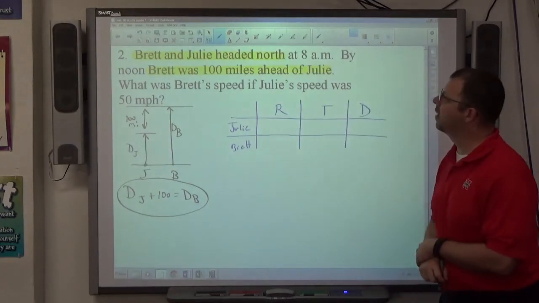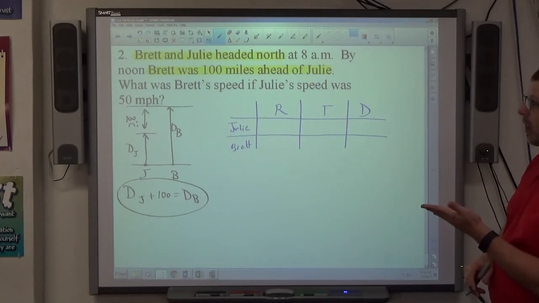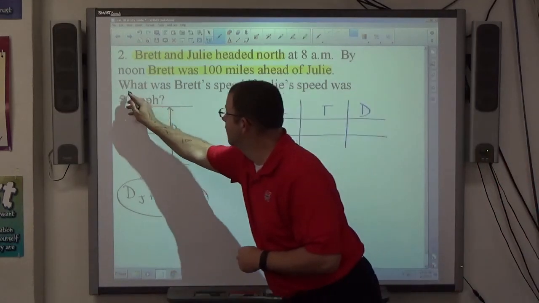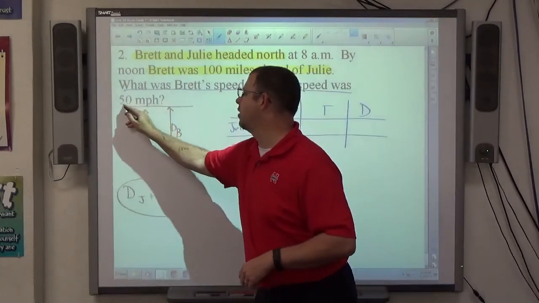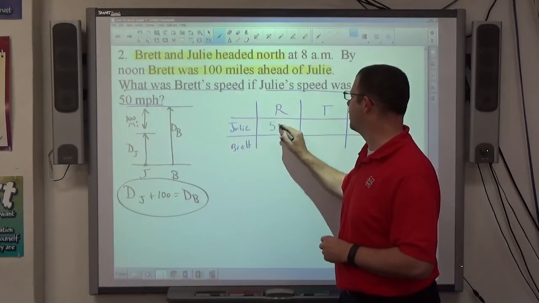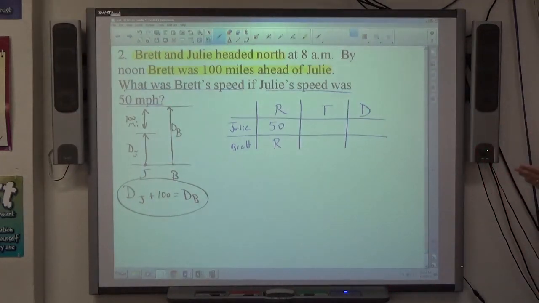Great, time and distance up there. First off, what was Brett's speed? It means we don't know Brett's speed. If Julie's speed was 50 miles per hour, we do know her speed. So her speed is exactly 50. His speed's unknown. The fact we had to use an unknown for the rate tells me the time should be